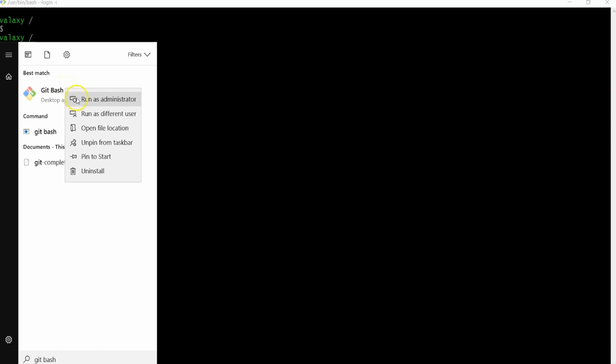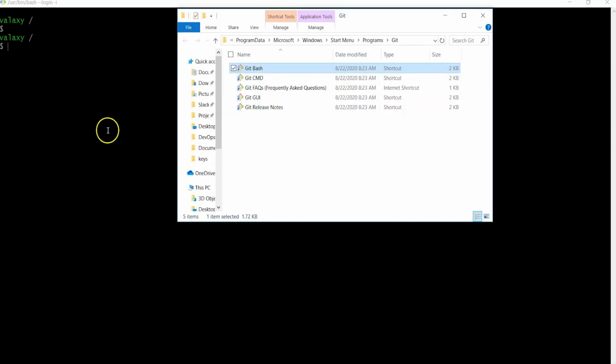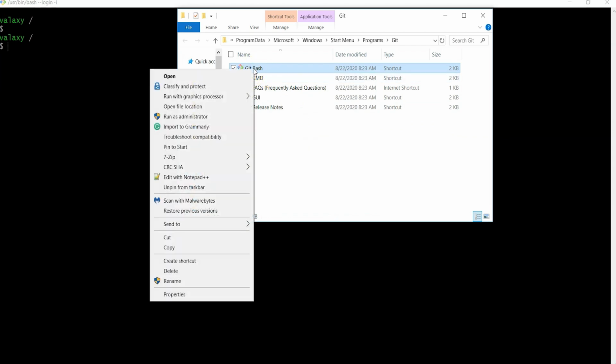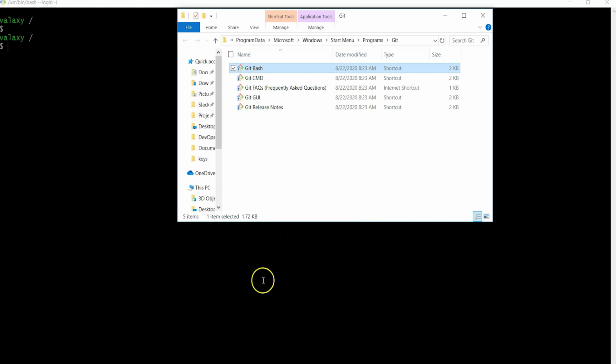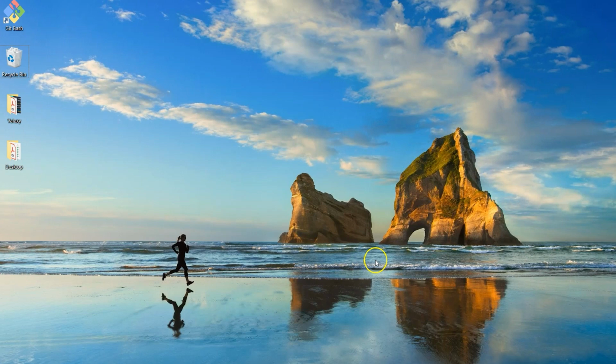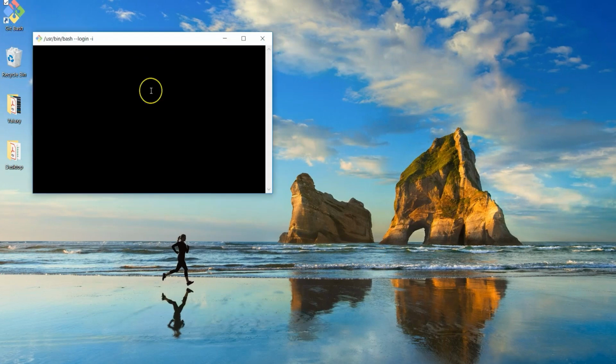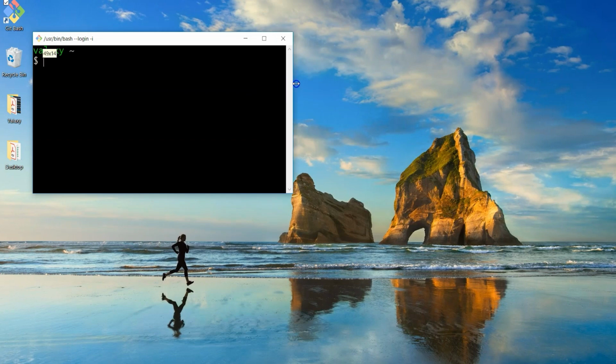Just right click on this one and open file location. So this is where Git Bash is installed. I'm going to create a shortcut on my desktop, so send to desktop. Now if I go to my desktop, you can see Git Bash is there. You just double click to open this Git Bash. That's it. Let me increase the font size, and now if I execute the same commands over here,